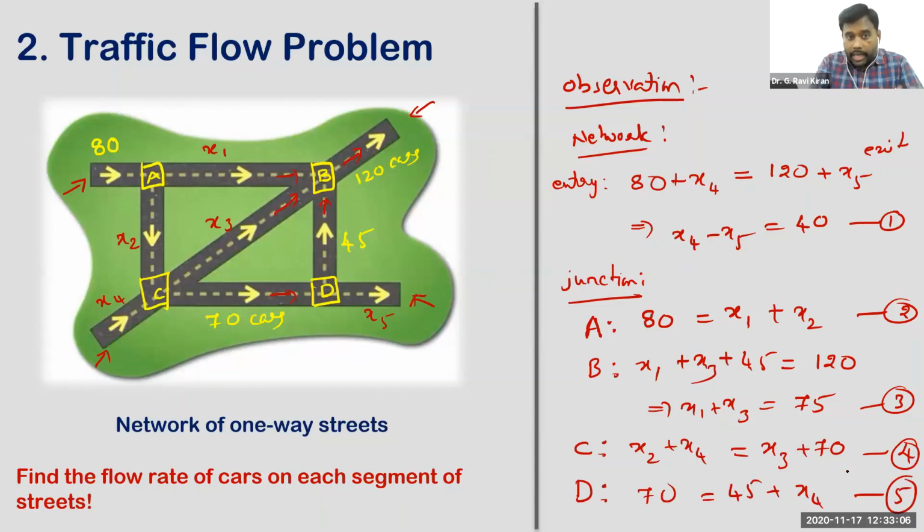See, in the network diagram, you can observe there are exactly 5 different unknowns, x1 to x5. So to find out those 5 unknowns, we need to have 5 different equations, right? And you got those 5 equations here. When you have 5 unknowns, you definitely need 5 equations, and you got them here. Now, when you solve this system of 5 equations, you are going to get the flow rate within the circuit.